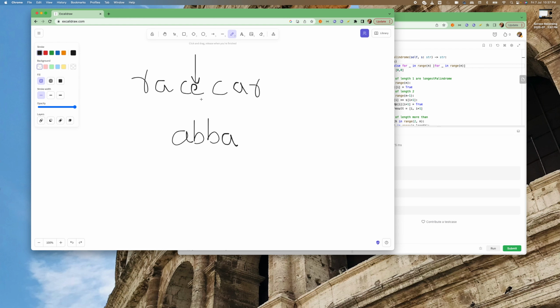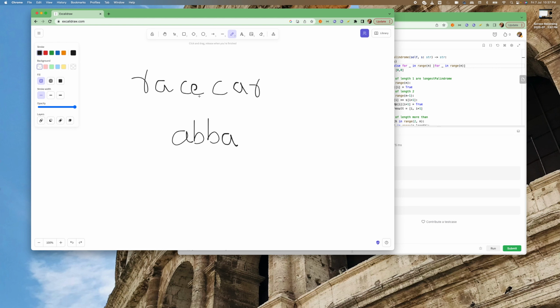How? So for example, we take E as mid, then we expand. This is the same. So we expand to this, we expand to this until we can. Okay, so this is one way. So similarly, since this is a palindrome, we just start with this. We could also do it with, for example, in the case of